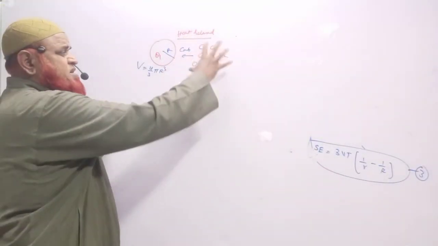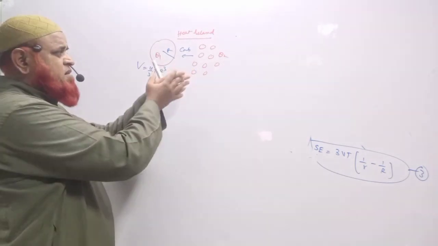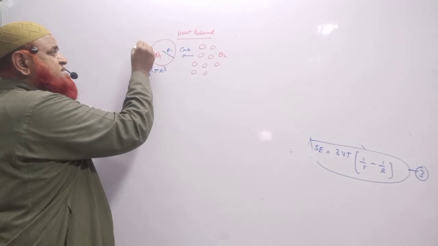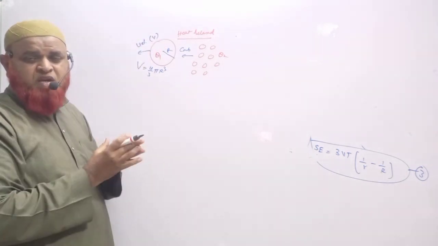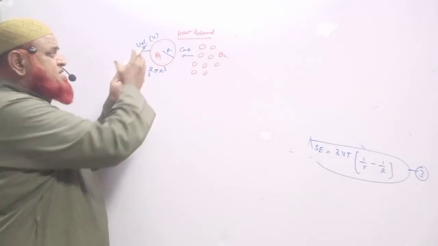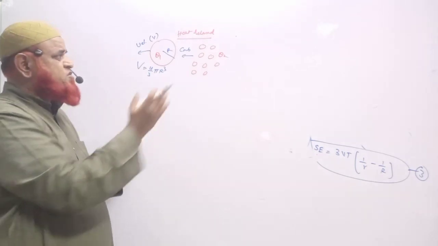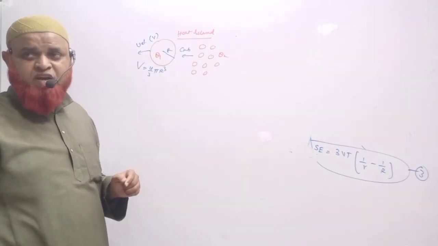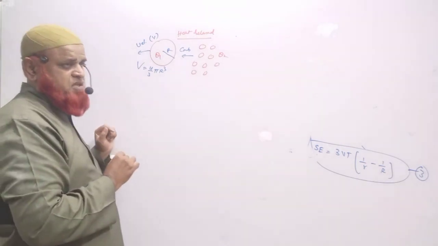The smaller droplets will combine to form a larger droplet. When smaller droplets combine to form a larger droplet, this larger droplet will gain certain kinetic energy, a certain velocity with which it will move. Now the question is, you have to find out the velocity here. How are you going to find out the velocity in this case?